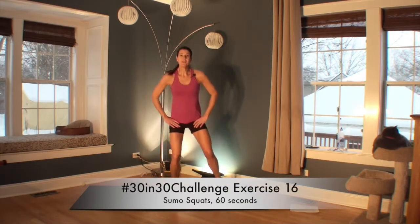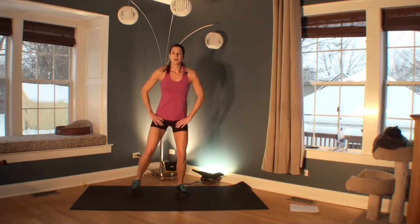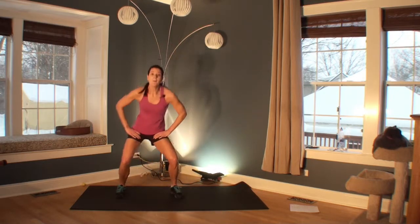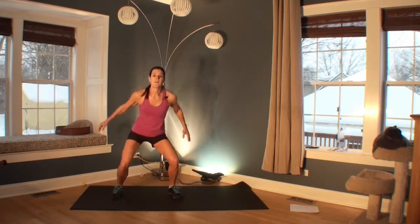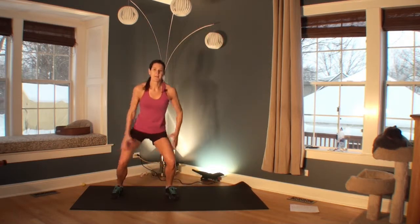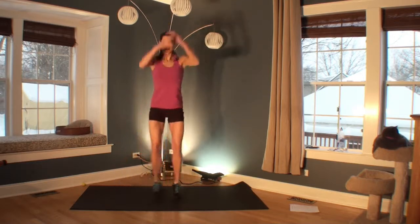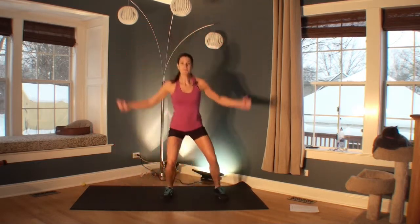All right, welcome to your next exercise. Now this is a sumo squat. So here's level 1, you're just stepping out to the side. All right, level 2, you've got like a little pop in the middle. It doesn't have to be a jump. Level 3, you add the arms. Okay, so it's really just like a side squat, but the arms really add the intensity and the depth and the speed. So you go faster,